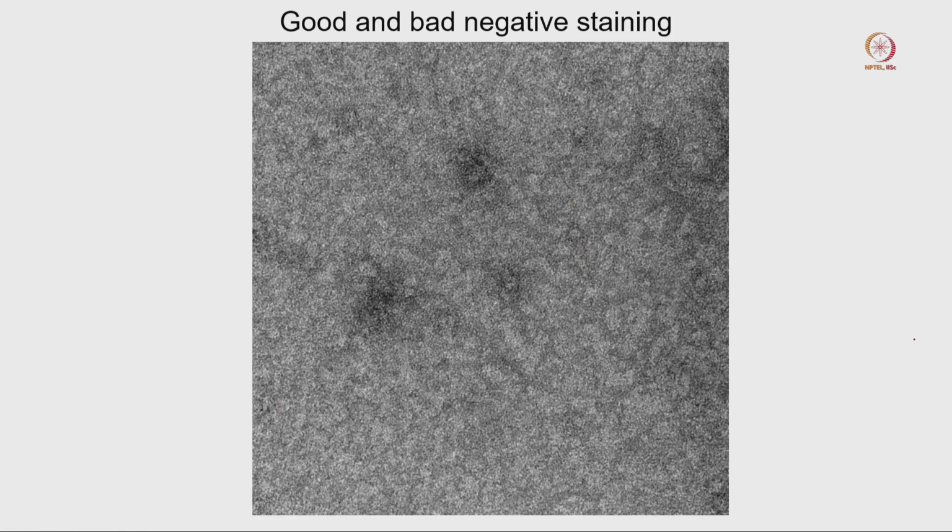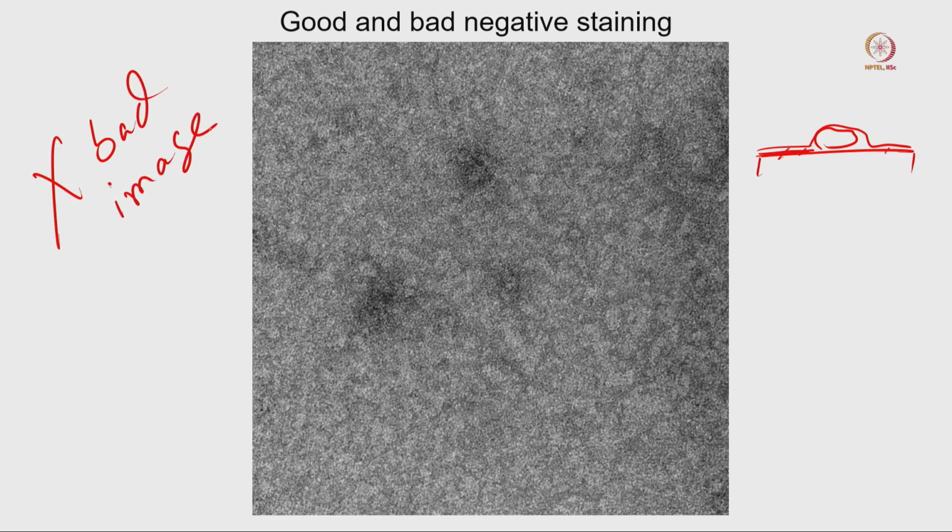If you recall light staining images again, if this is your grid and this is your sample, your staining solution is just staying like that, and the stain concentration and thickness are very low. So this is another example of a thin staining sample, and this kind of image is bad. We should not consider this kind of image.